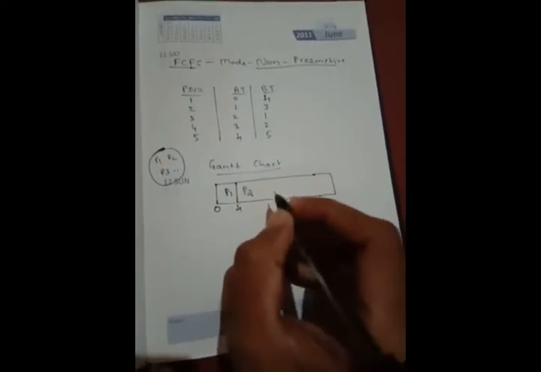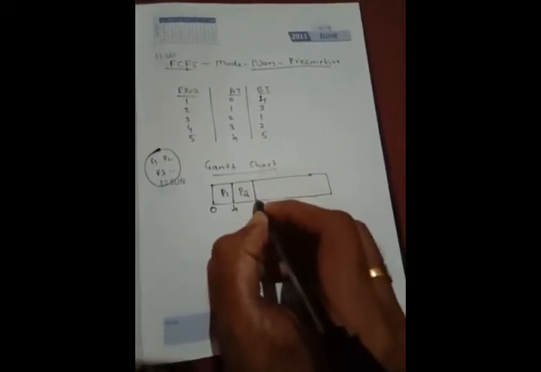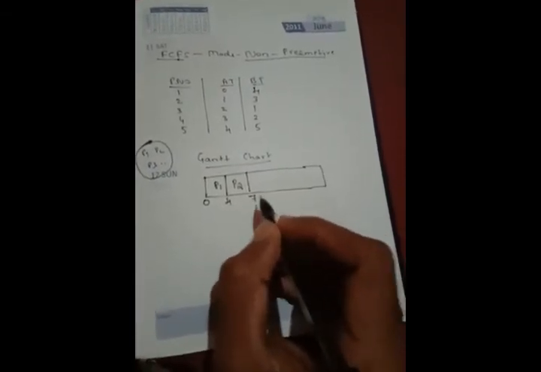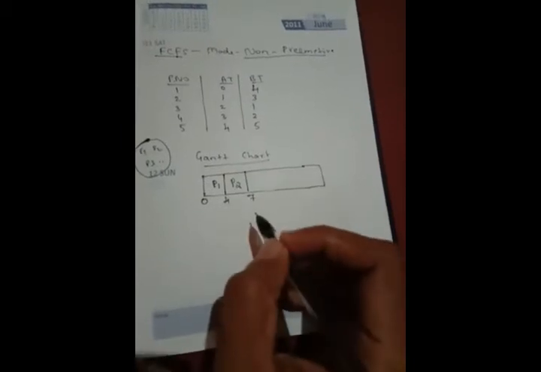What is the next process? It is nothing but P2. So P2 has arrived in the queue. Now P2, how much time will it take? It takes 3 units. So 3 units is nothing but 4 plus 3. It will take a total of 7 units, and P2 will finish its work.